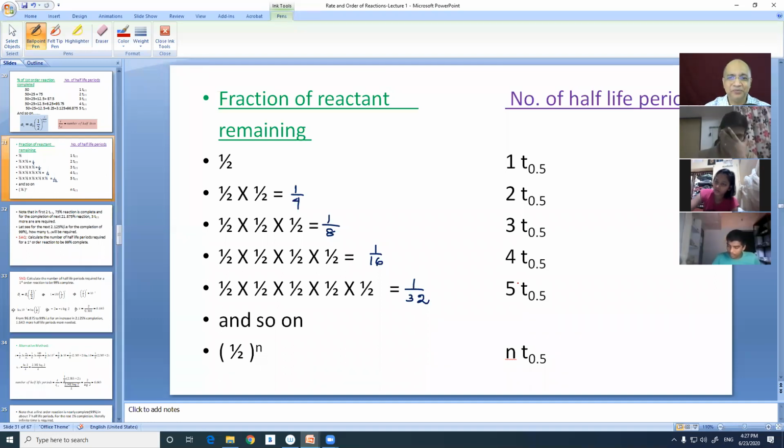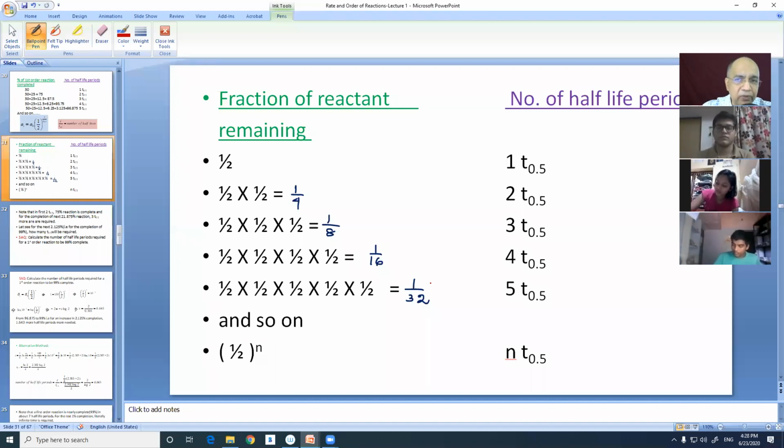We are going to have our third lecture in chemical kinetics, where we shall be entering into second order kinetics. First order we have completed. Let us revise it for some time, maybe a few minutes.